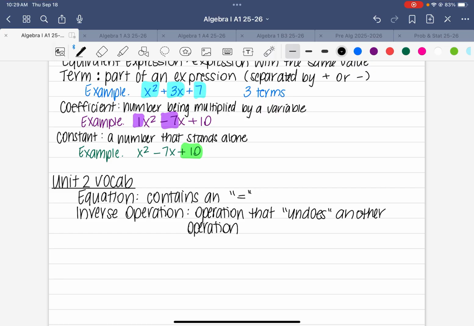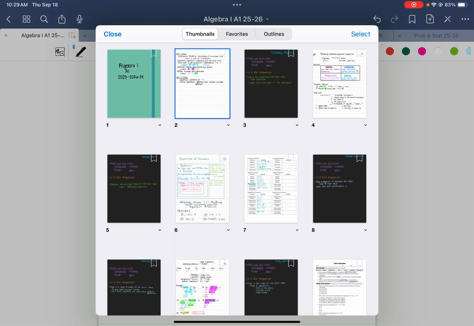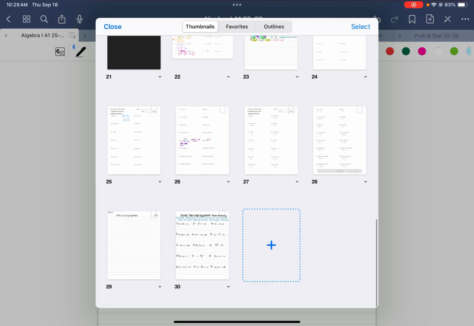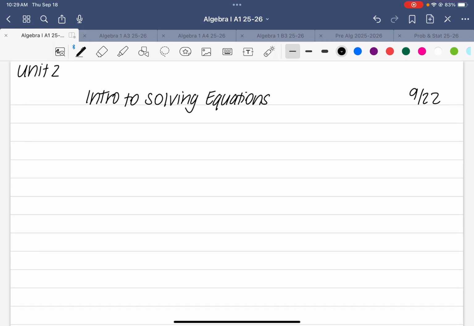So once you have those two definitions done, remember this is in the very front of your notebook, I want you to then flip back to today's notes. And we're going to discuss. Remember, an equation contains an equal sign. An inverse operation undoes another operation. So if we're going to talk about inverse operations, we need to know what they are, okay? So we're going to talk about inverse operations real quick,